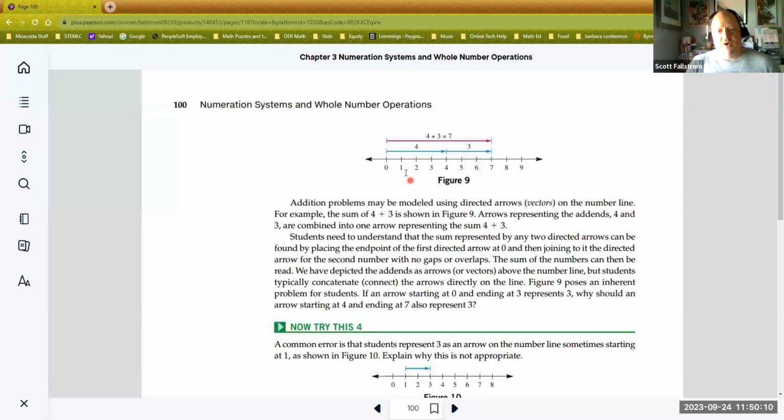Okay, measurement model, you start at 0. And this is a key part for all of these models. You have to understand how we start them. You can't start from any place on the number line. So you start at 0, you take the first number and you move in that direction. This direction is +4. And I know we're dealing only with whole numbers now, but I want you to understand